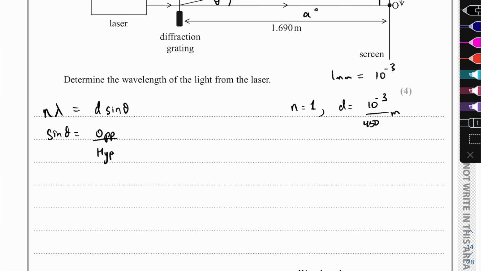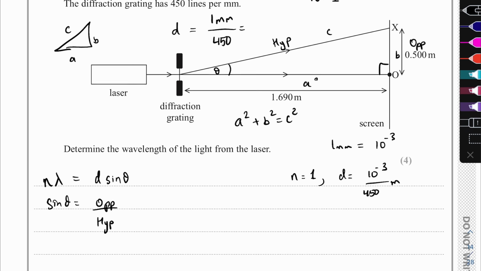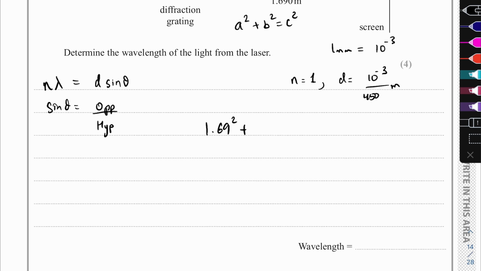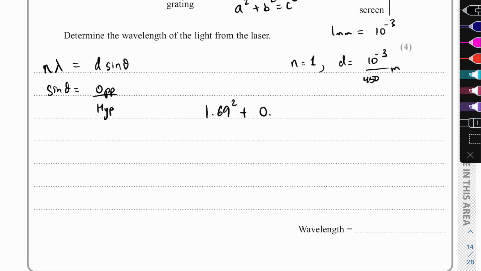So let's work it out. That'll be a squared plus b squared equals c squared. In this particular case, we have 1.69 squared plus b, where b is 0.5, the distance between O and x, 0.5 squared, equals c squared, which is hypotenuse squared. Now we can square root both sides, which will give us our hypotenuse. So let's calculate: square root of 1.69 squared plus 0.5 squared gives us